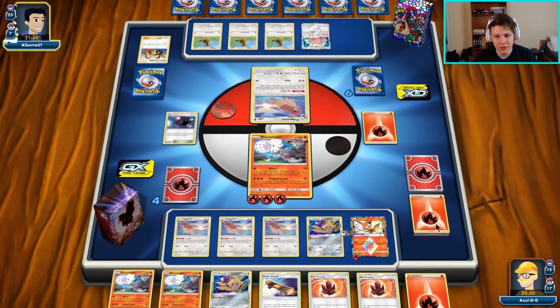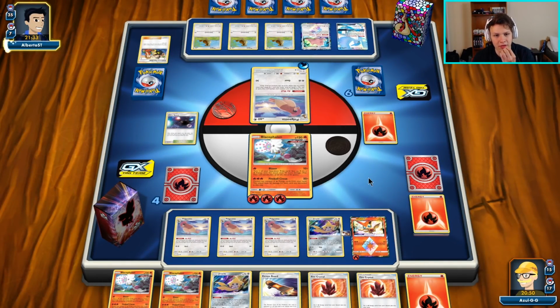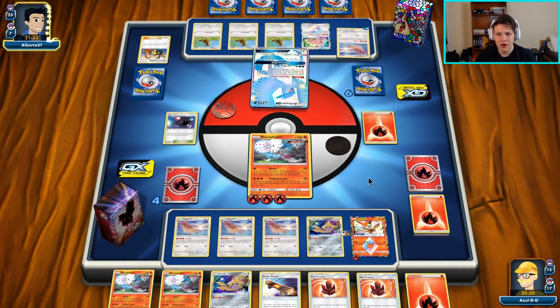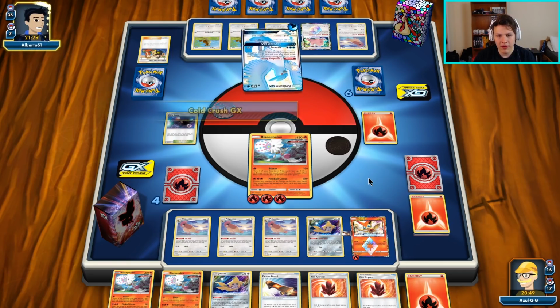There's an Articuno. So I wonder if they're just going to go for that this turn. There's the water attachment. I assume they are. Yeah, they're just going for the Articuno here, playing super aggressive with discarding my energy. But if we do get...